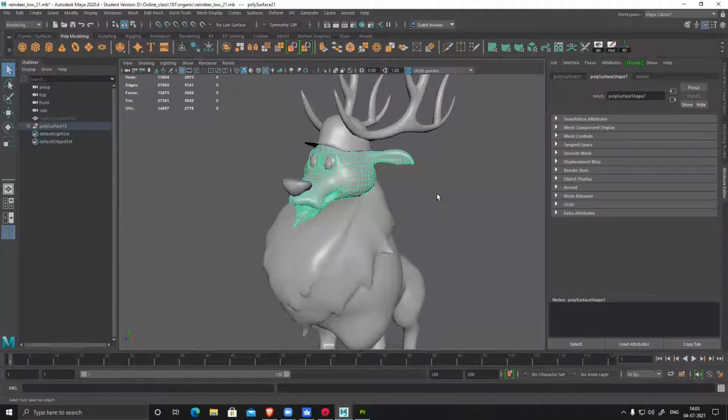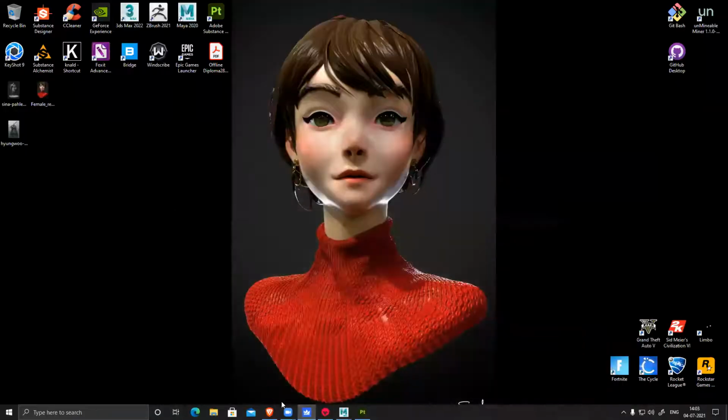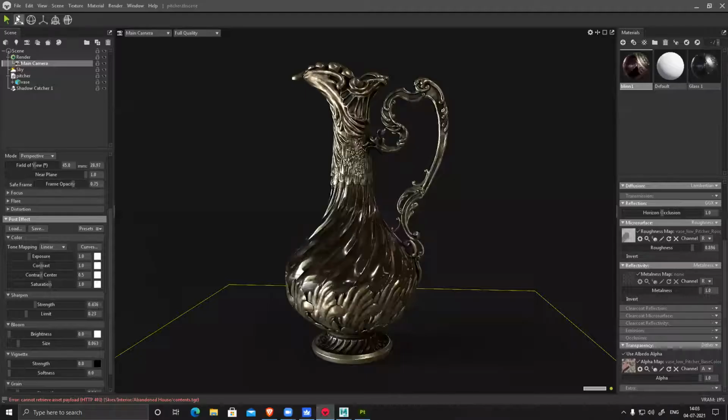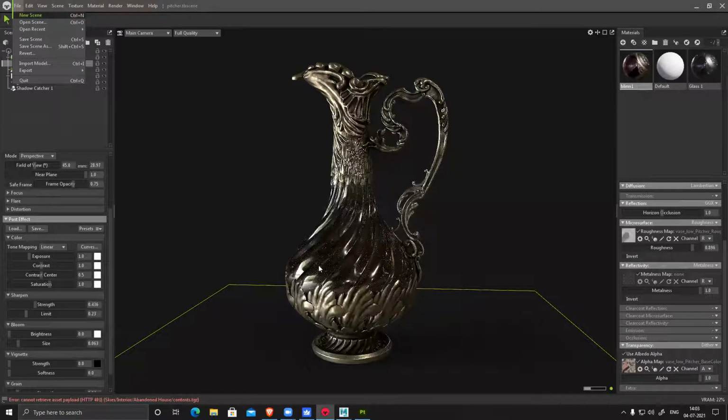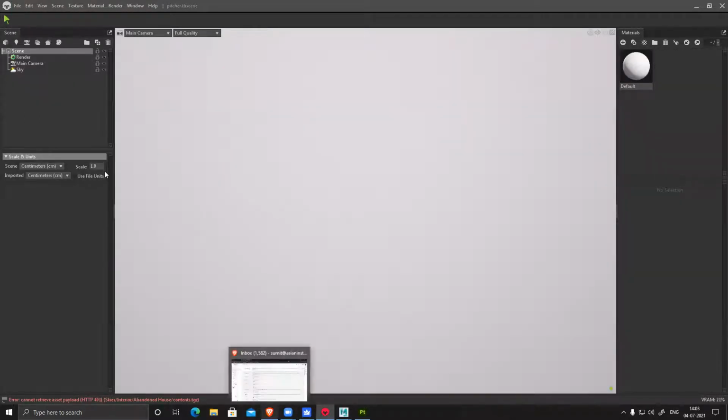I cannot do it on Arnold, sir. You'll have to show it on Marmoset, sir. Marmoset, same thing. Let's see if I have some older file. I guess I have.